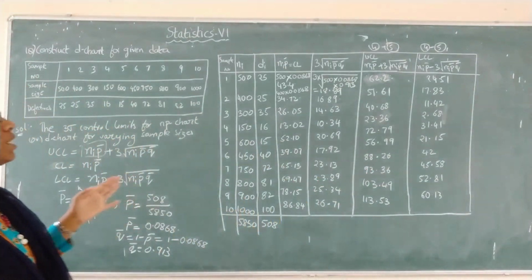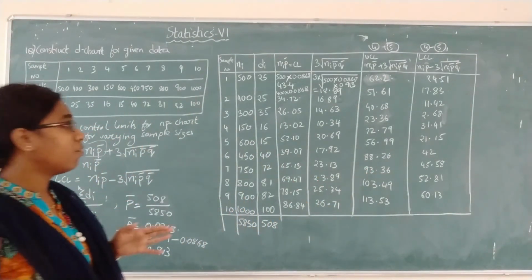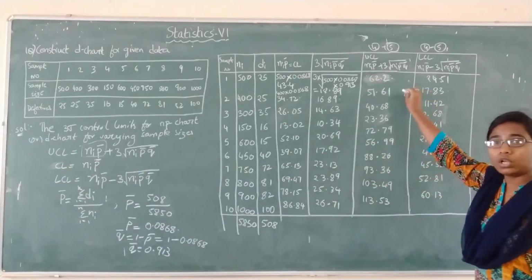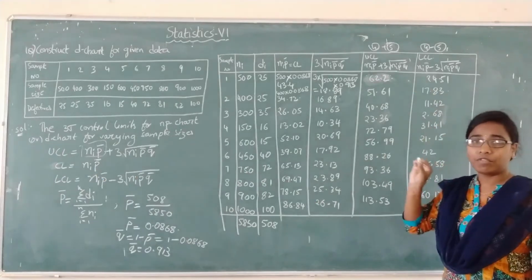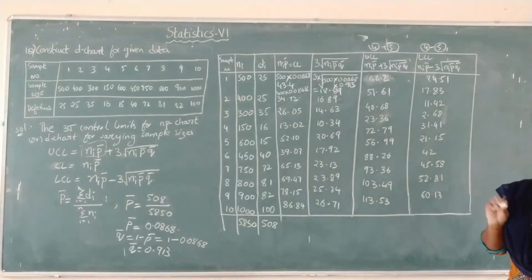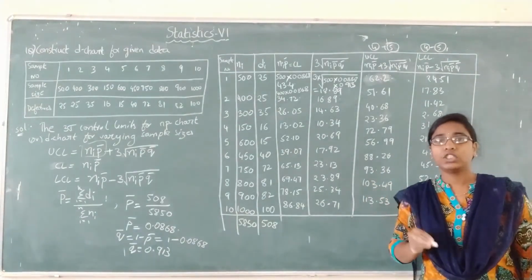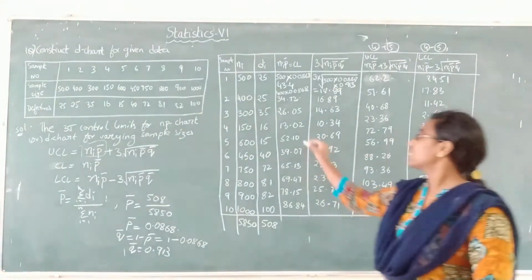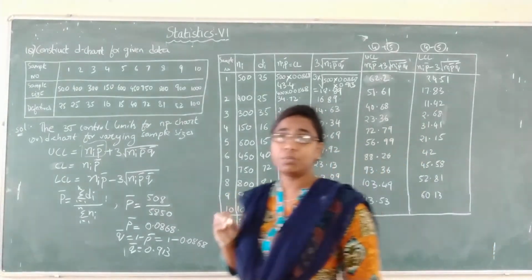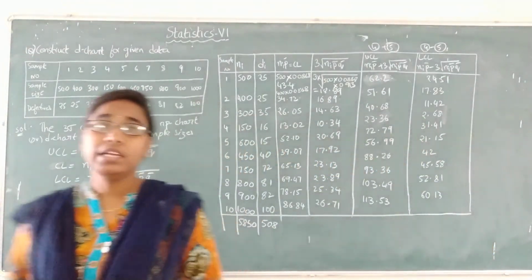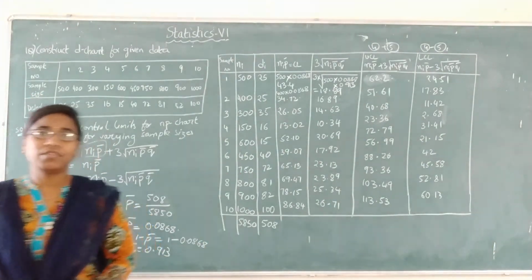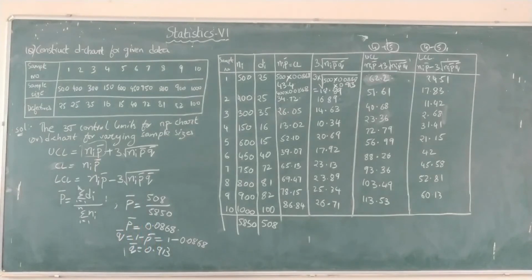Now after this we need to draw a chart. All the UCLs should be plotted on the chart and joined with a dotted line. Similarly, all the LCLs should be plotted and joined with a dotted line. All the CLs should be drawn and joined with a dark line. Now I will show you how we get the graph for the NP chart with varying sample size.